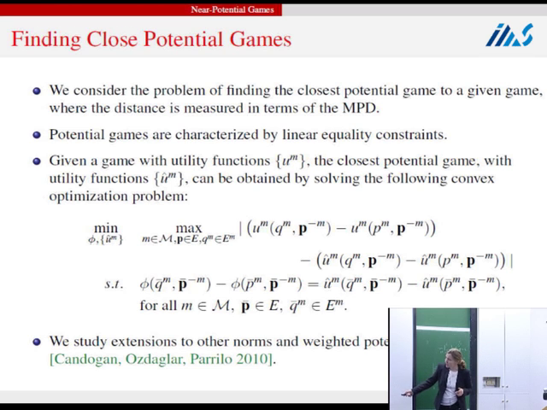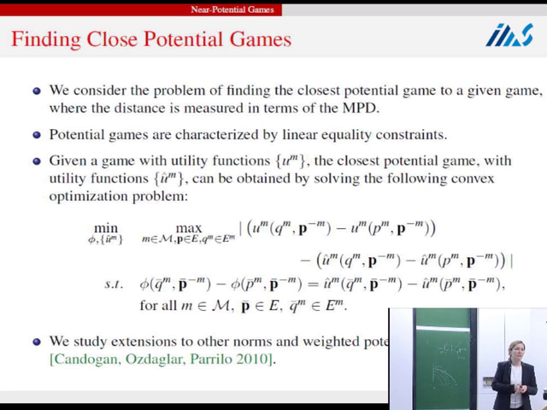And as I mentioned, if you're interested in thinking about other norms or actually projecting onto other nice classes, I didn't talk about this, but ordinal or weighted potential games, one can also do similar things, although at that point the problem will not be convex, because even the weighted potential or ordinal potential sets are not a convex set. But one can think about doing approximations, and that's what we did in this other paper. Anyway, from this point onward, I'm not going to refer to this problem.